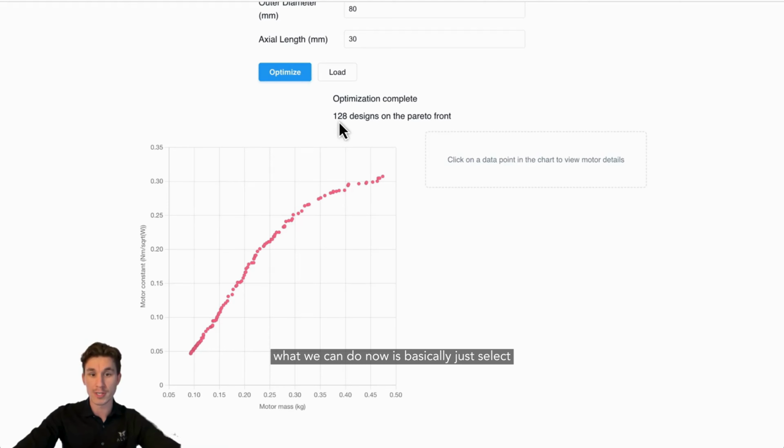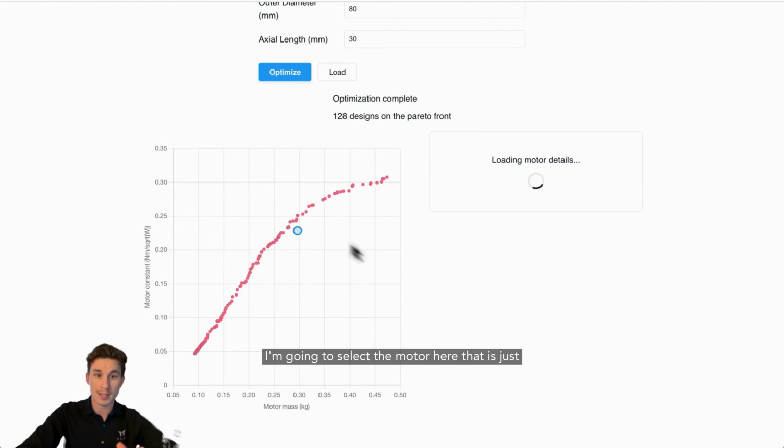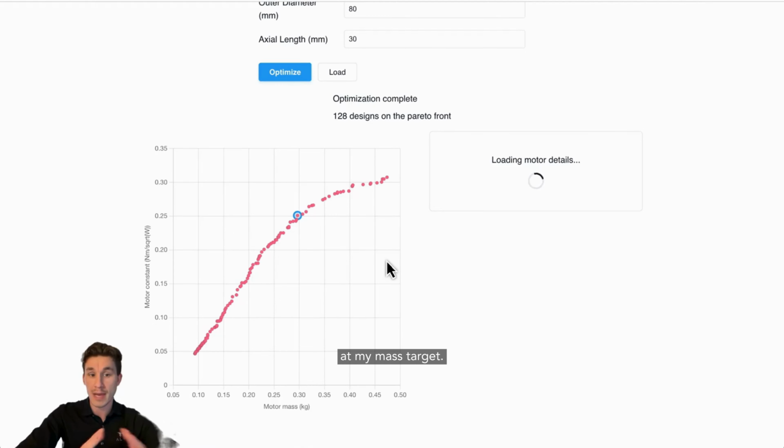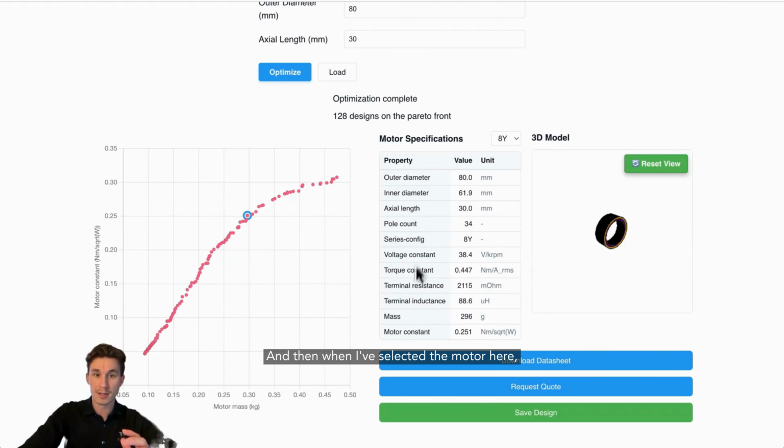So what we can do now is basically just select the motor that we are most interested in. And I know in my case, I don't want to have a motor weighing more than 300 grams. So I'm going to select the motor here that is just at my mass target. And then when I've selected the motor, it'll present me with the motor specification of that. So I can see, okay, the outer diameter ended up at 80 millimeters as we desired. The actual length is 30 millimeters, also as we desired. And then I can see the torque constant, I can see the resistance, I can see the motor constant,